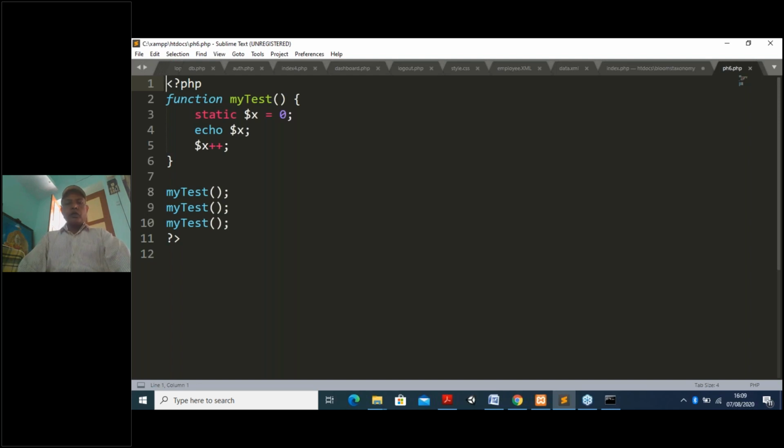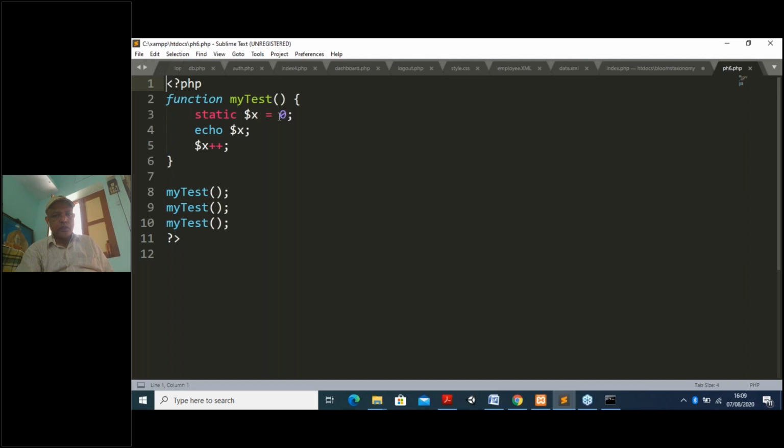But inside the function, when we declare the variable x, so long as it is executing, the value will be stored, and once the function execution is over, that variable value will be erased. That is the reason. If I want the variable to remember the value, then I have to use the static keyword. Here I have declared a function. My function name is myTest. I am declaring variable x and initializing it to 0. So I declare it static. That means even if I call it 3 times, it will remember it is initialized, the value is equal to 0.